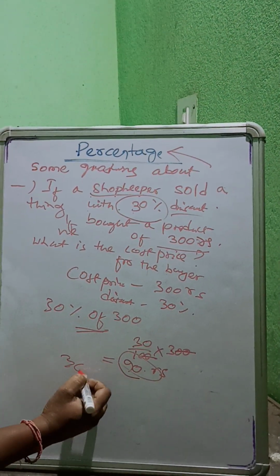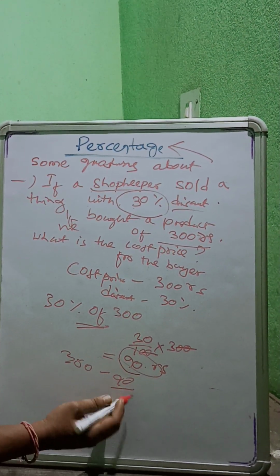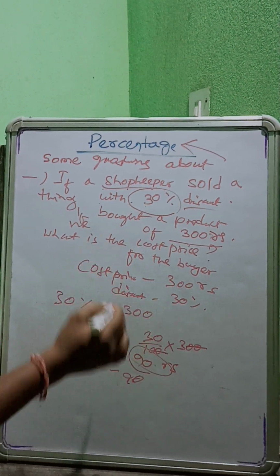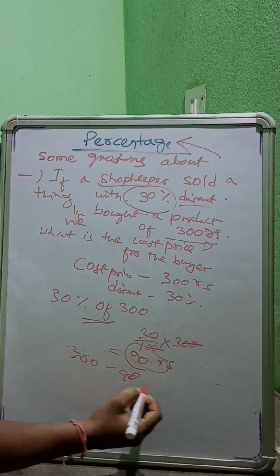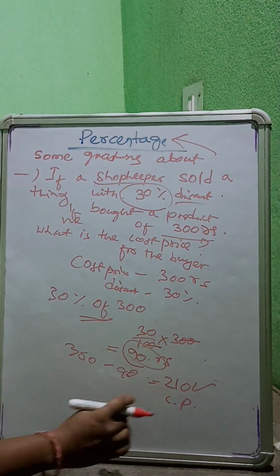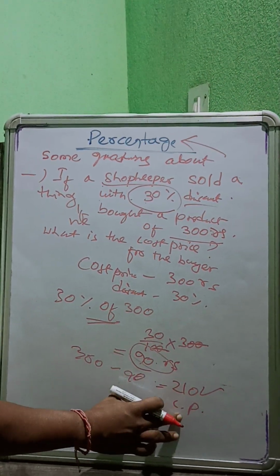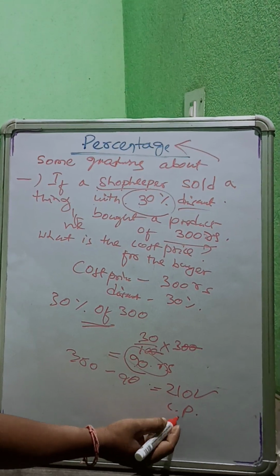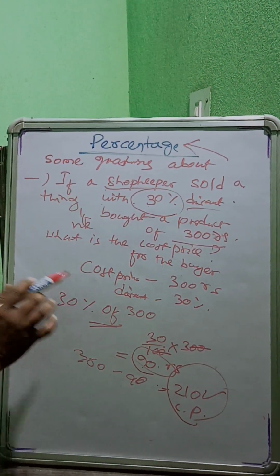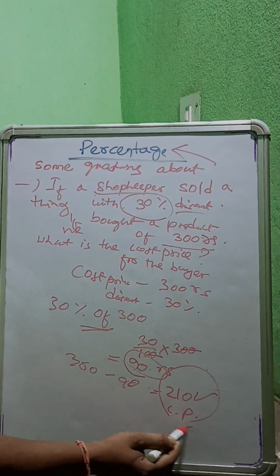So 300 minus 90, ये इतना वो लेस करके देगा। किसको बेचेगा? जो कस्टमर को। 300 minus 90 it is 210. So it is the cost price for the buyer. Means for the buyer, and the selling price for the shopkeeper. शॉपकीपर के लिए बेचने की दाम है, ये खरीदने का दाम।